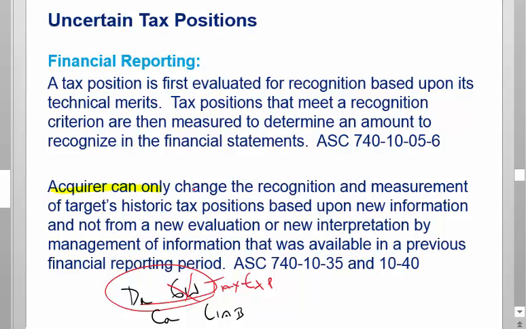And so oftentimes there can be tension around this. If target has historic positions, the accounting guidance would say, just because there's new management or a buyer involved, that doesn't mean you get to just remeasure everything to what you feel like. In theory, that remeasurement should be based upon new facts. But as a practical matter, you can see how a buyer would say, hey, target, it looks like your reserves are way too low. We want them to be high for reasons X, Y, Z. So we're going to book adjustments to your FIN 48 reserves between what you had and what we want. And it's going to magically appear through a journal entry like the black entry here at the bottom of the page. But just know that there's tension on doing that.